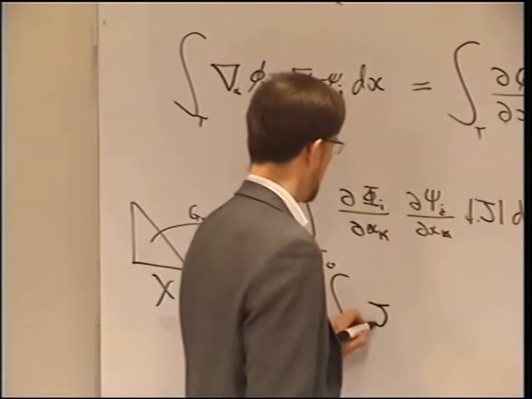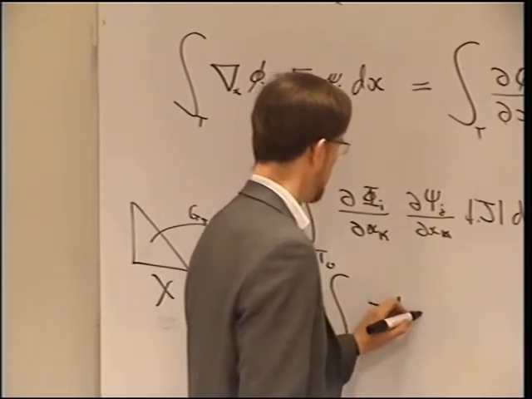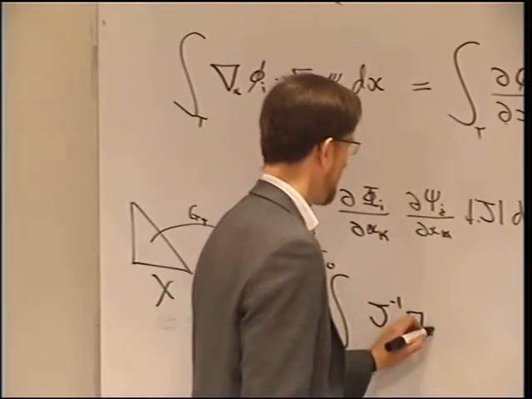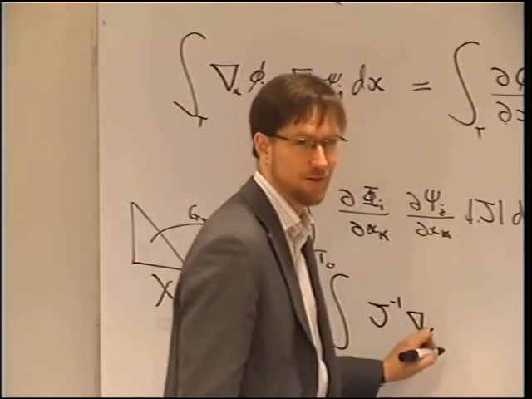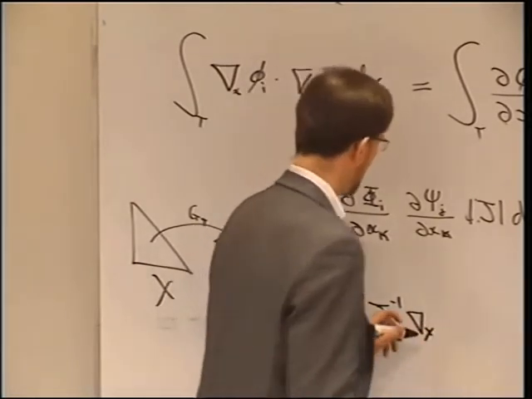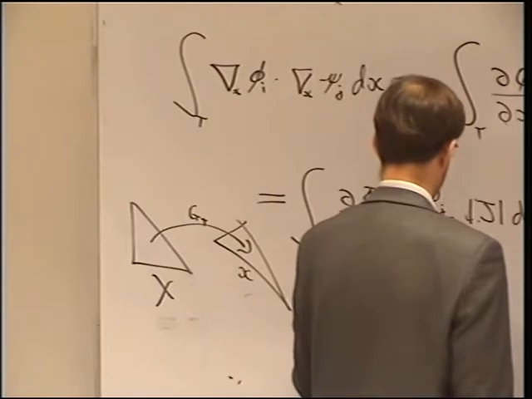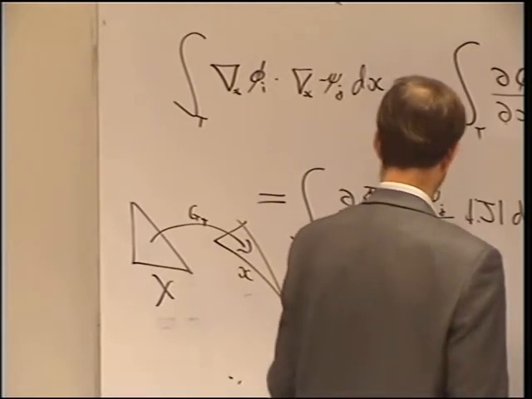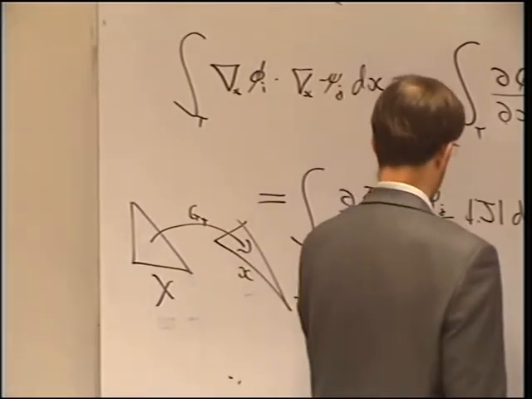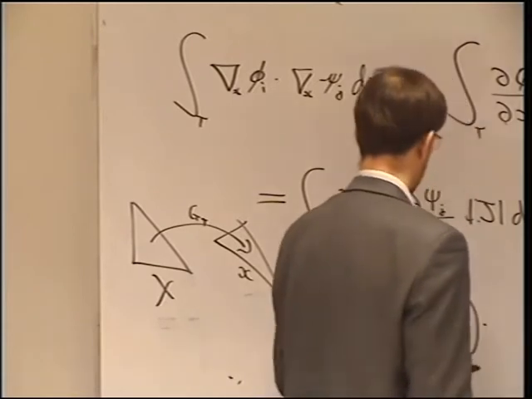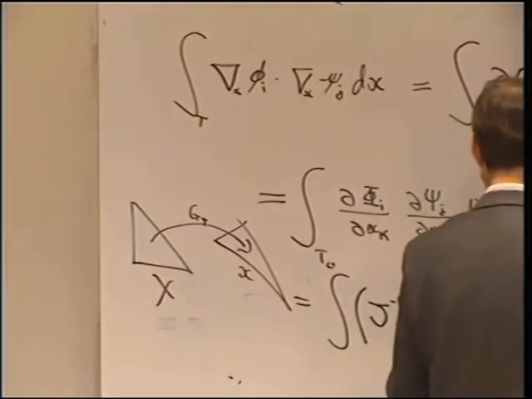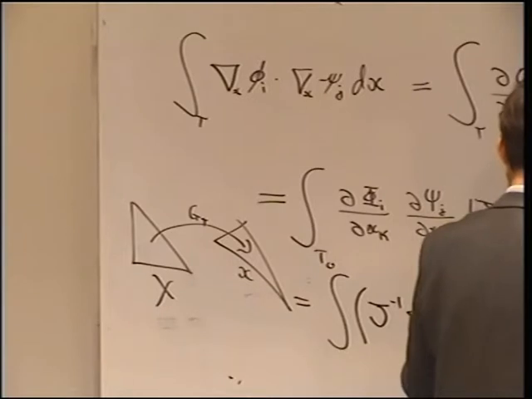This is just J inverse grad big X, the gradient with respect to the local coordinates, phi I, dot J inverse grad big X,